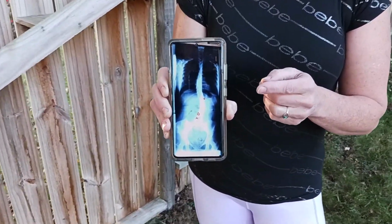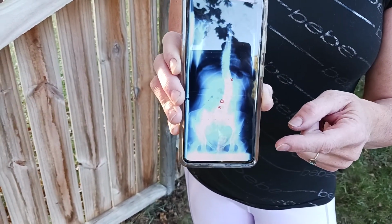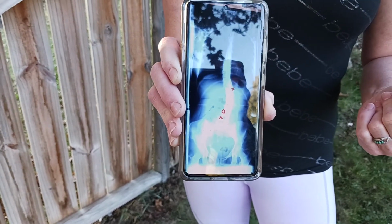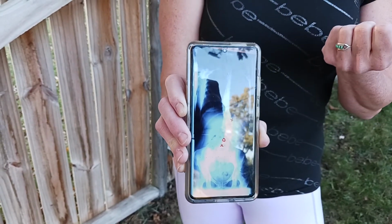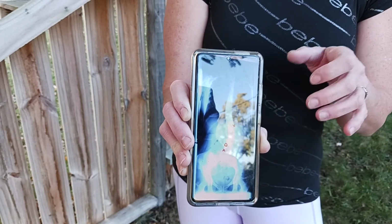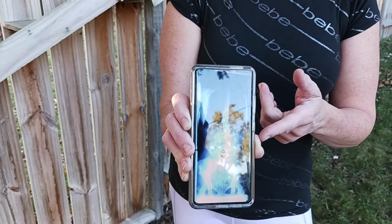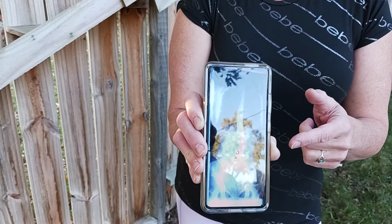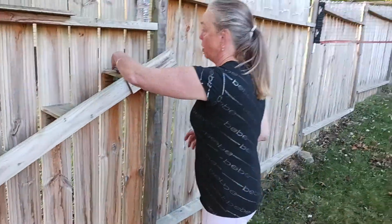showing the scoliosis curvatures. I've got the lumbar curvature here and the thoracic curvature here. The X's are old disc herniations, and the 0 is a newer disc herniation from 2021. As you can imagine, this kind of curvature can actually cause a really bad amount of back pain, especially in the inside of the curvature, the concave part. It can actually atrophy because of the way my back is curved. So if your back looks better than this on x-ray, you'll probably do a lot better than I will with this exercise program. Okay, so I'm going to go ahead and put this phone down, and we're going to get